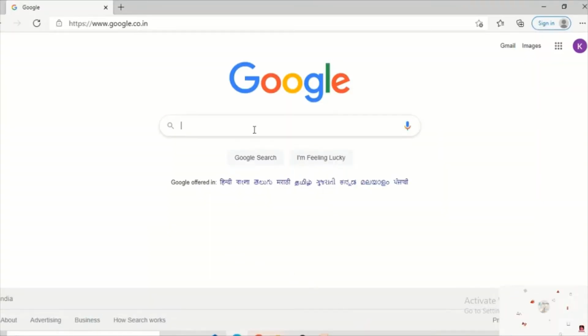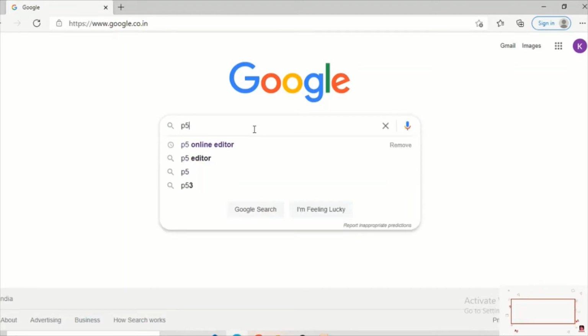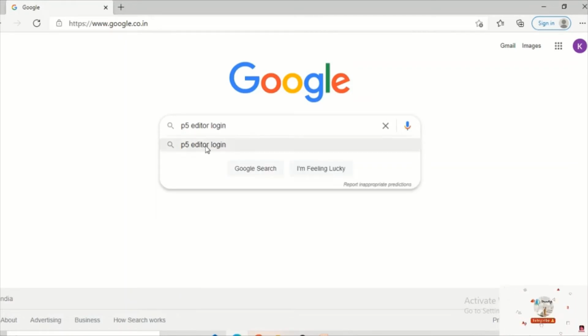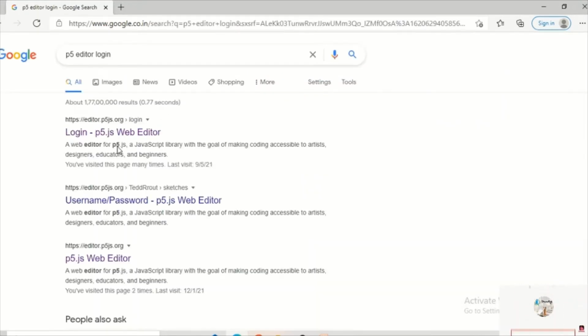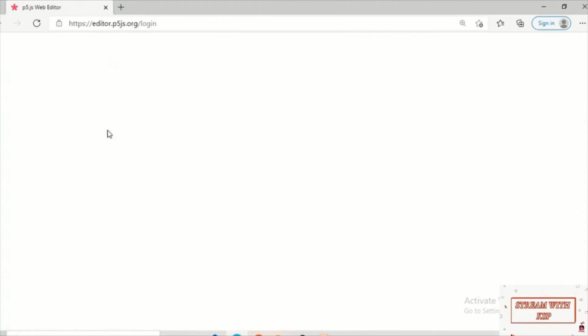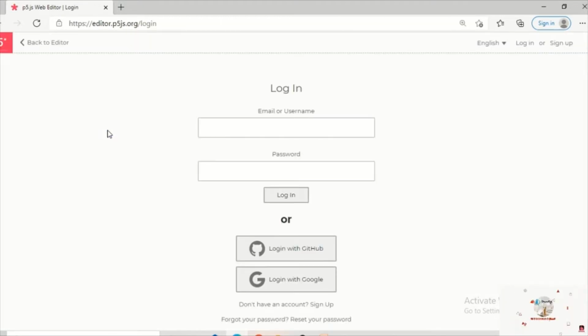We have to open any browser and in Google we have to type P5 editor login. And we have to click on the first link. The P5 editor login page will open. If we already have an account, we can give the email ID and password here. If we don't have an account, we have to click on the sign up button.